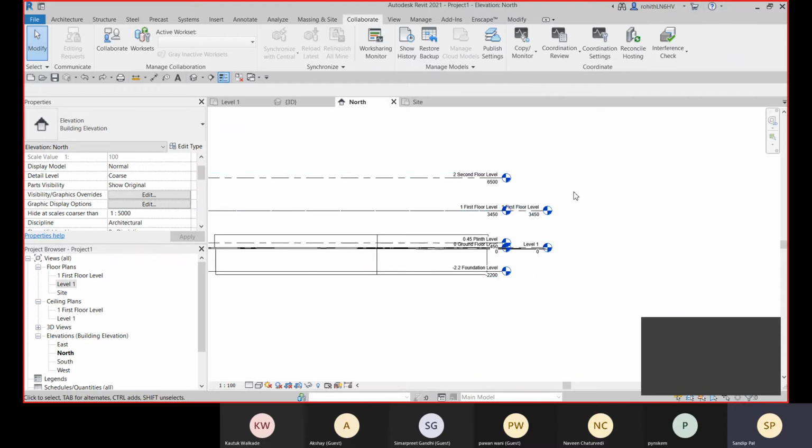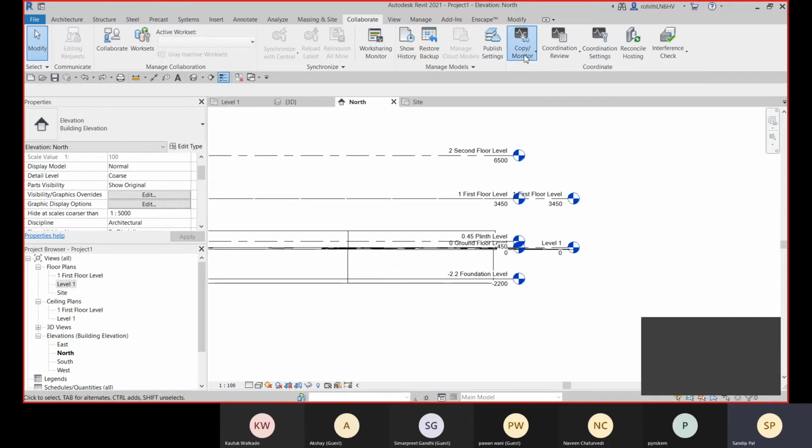So what will happen if you change anytime, it will give you a warning that you have changed. So that is the warning, because we generally copy and we keep it the same, right? So from that source file you need to copy and monitor it. So let's go for it.